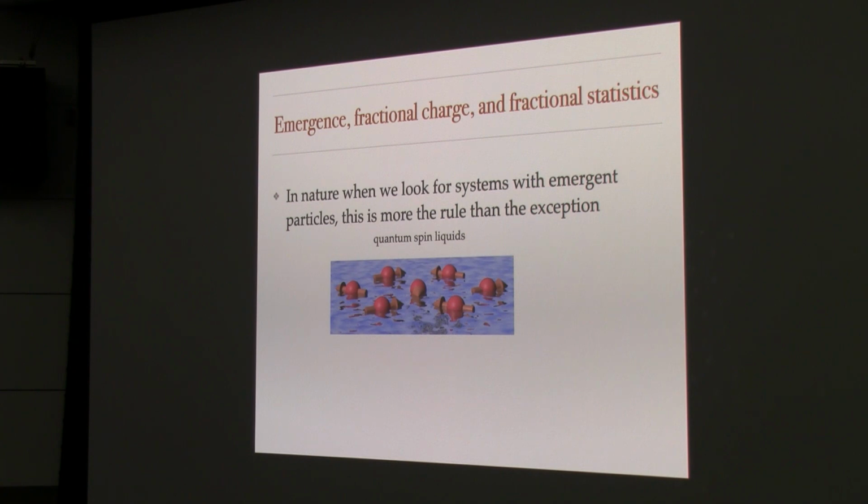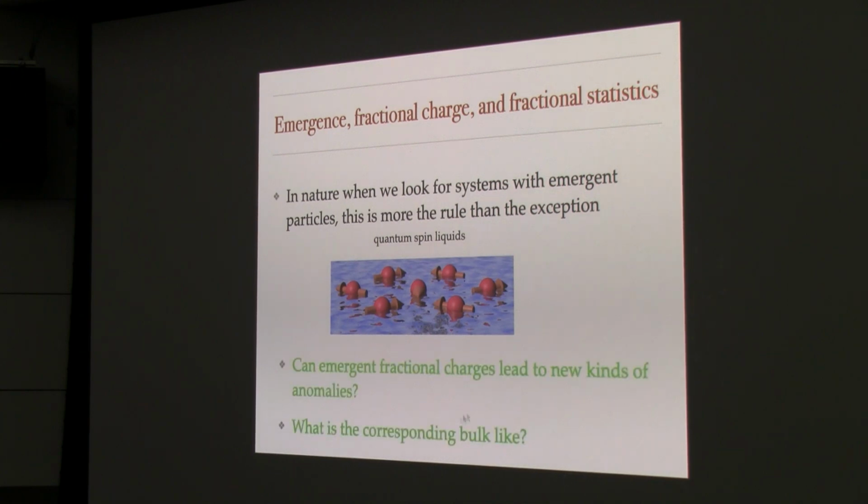You might ask yourself, can you have one without the other? Are these related in any way? And the answer is that, in principle you can, but in the systems that we are given in nature, things like the fractional quantum Hall effect or quantum spin liquids, which is another example that there's good experimental evidence of now, it seems like these two phenomena come together. So fractional charge and fractional statistics. And why is that? Well, it didn't have to be so, but both are possible when you have these quasiparticles that are emergent.